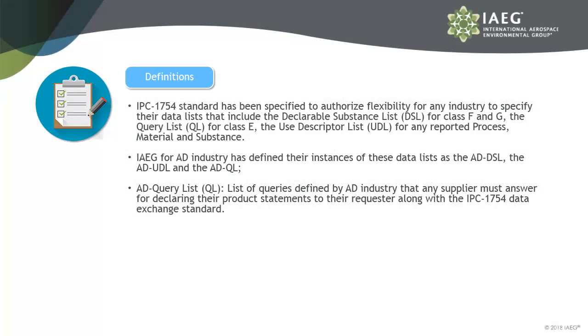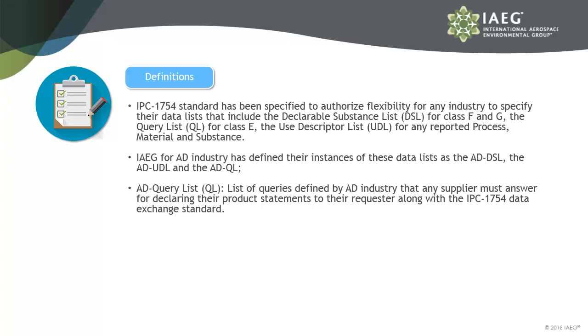The IPC 1754 standard has been specified to authorize flexibility for any industry to specify their data lists that include the declarable substances list for Class F and G, the query list for Class E, and the use descriptor list for any reported process, material, and substance. IAEG, for the AD industry, has defined these instances of these data lists as the AD-DSL, the AD-UDL, and the